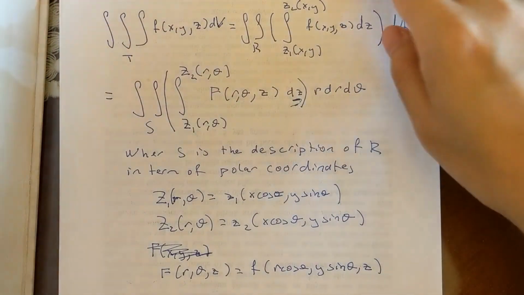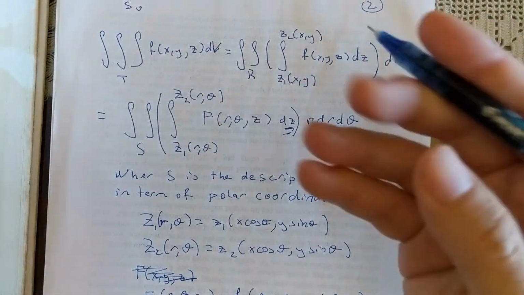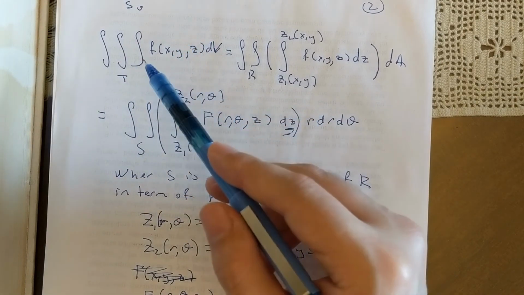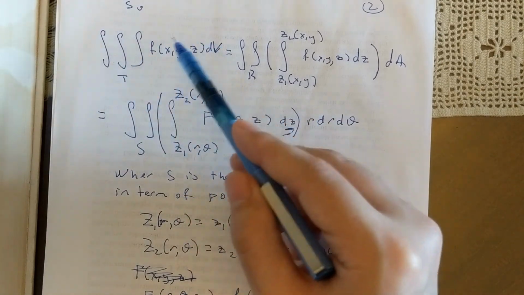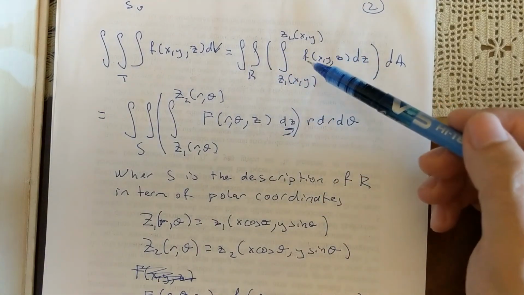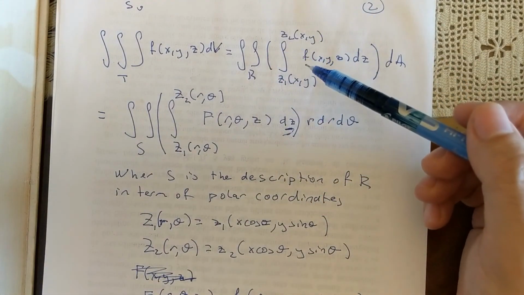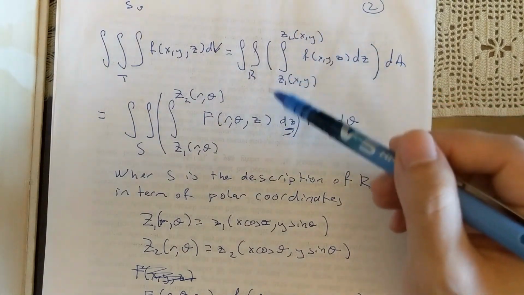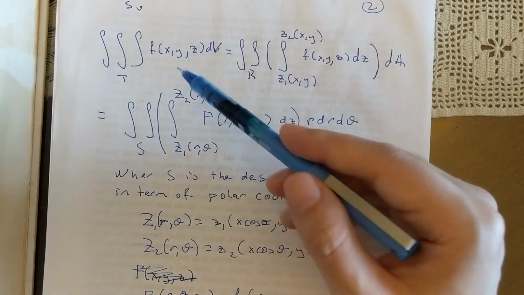Okay. So under those conditions, how would the integral look? Remember, we were trying to integrate over this ellipsoid-like region a function over that region. So that would turn into this if we were doing it normally. But instead, if we're trying to do